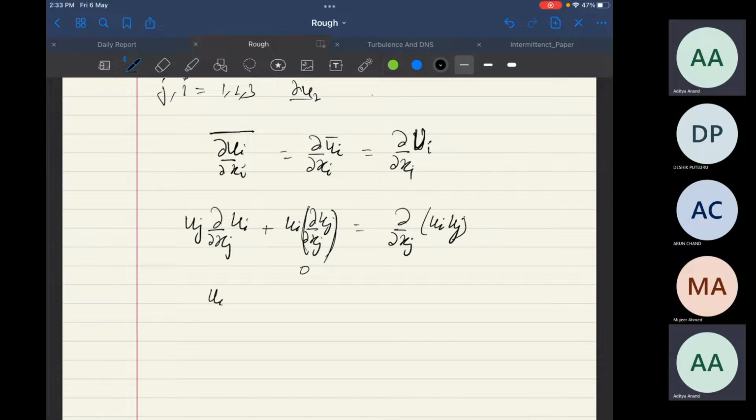Now I'll write ui as the average part and the fluctuating part. Likewise for uj. So ui uj would become,